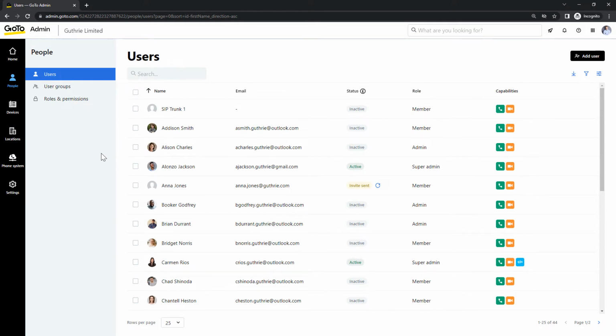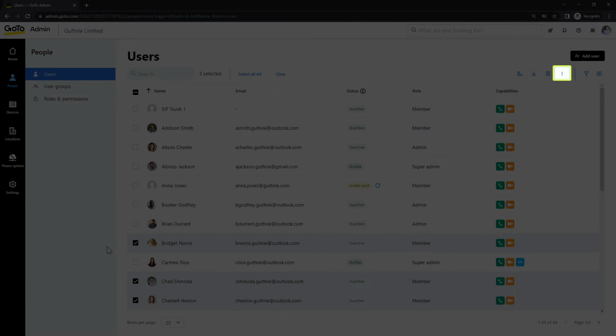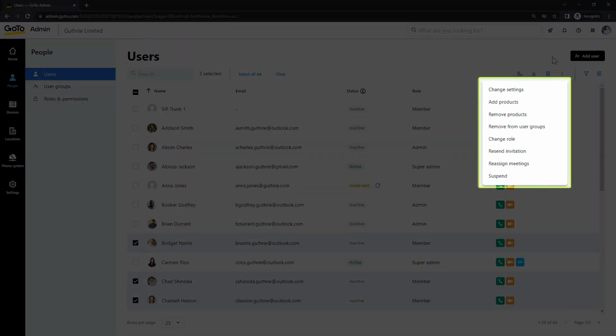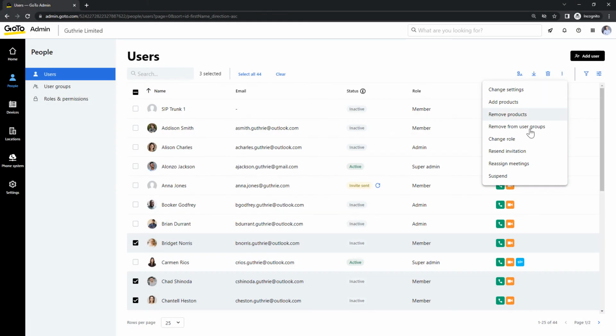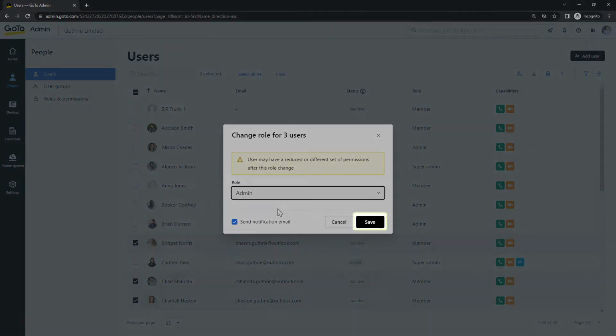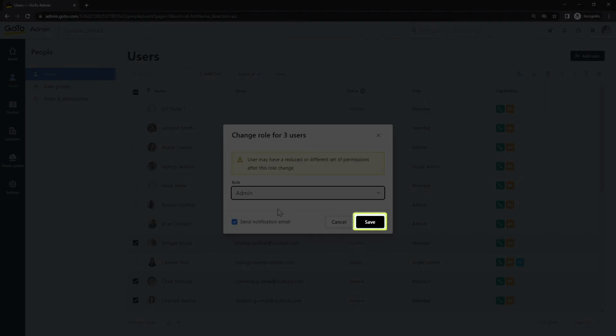When it comes to changing settings for things like multiple users or devices, you can do that individually, but there is a better way. In this case, multiple users can be selected. After selecting them, click the More icon, which looks like 3 dots stacked on top of each other. And then, you can choose the attribute or setting you'd like to change. Be sure to click Save if you've made any changes.